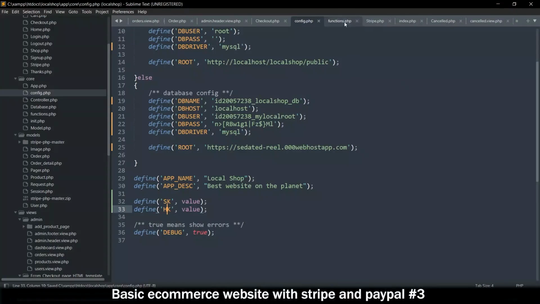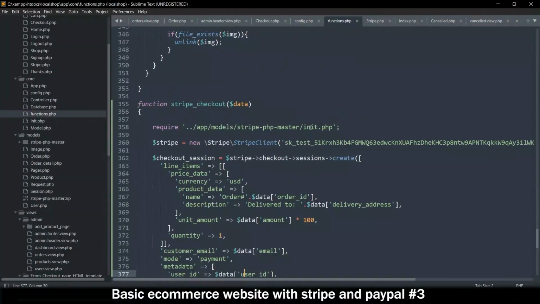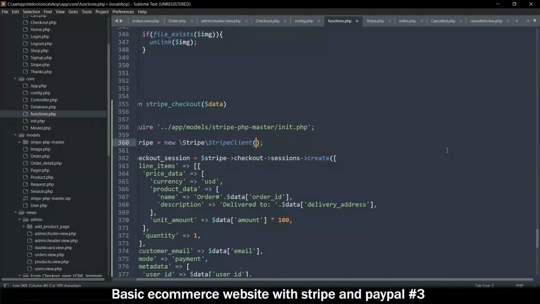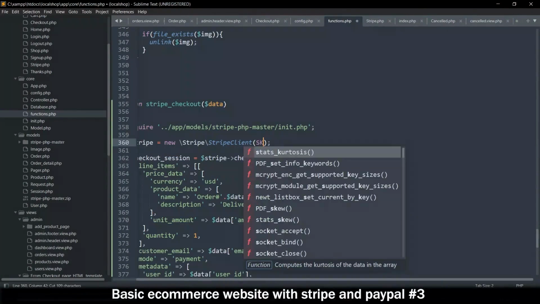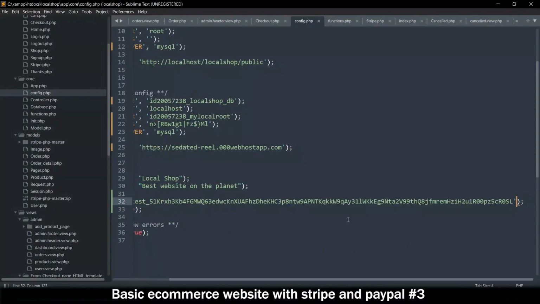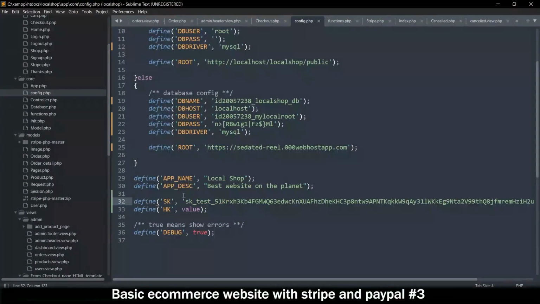So these are the ones we use, for example, inside functions, we have the secret key here. Okay, so I'll just grab this whole thing, cut it out, and just put SK like that, because I've declared it here. So the value I will put here instead. So we put the secret key here,